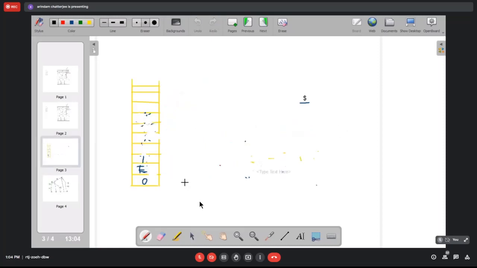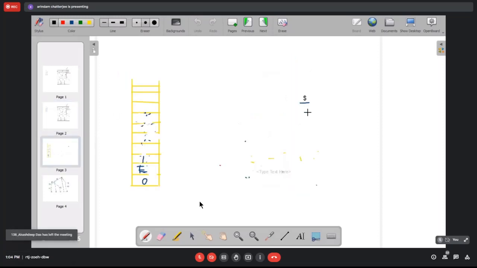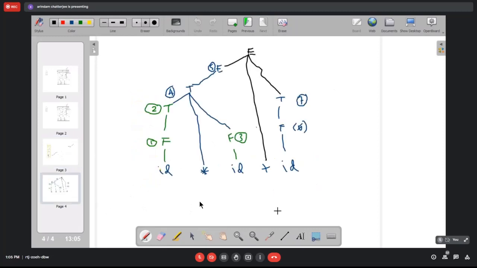Now, what do we have? E 1 and dollar. So 1 and dollar. You can see 1 and dollar, there is no reduction because that is basically reduction by the first rule, which is the augmented rule. We don't have a number for that rule. You can assume it is R0 or accept. So that means the moment we have 1 and dollar, we basically accept it. Okay, that's it. So we have our parse tree constructed as well. Just give me a second.